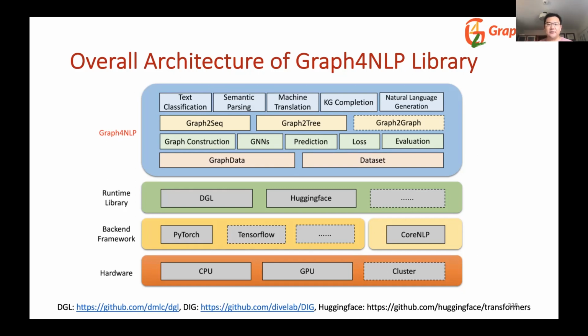We have 4 different layers. In the first layer, we have our graph data and the dataset. Then in the second, module layer, we have 5 different modules: graph construction, graph neural networks, prediction, and loss and evaluation. In order to promote graph-based encoder-decoder models, we also have a model layer with a graph-to-sequence model and a graph-to-tree model, so that you don't have to implement them from scratch. You can directly use them for your application. And then we also support more than 12 different applications, with example code there, so you can either directly use them